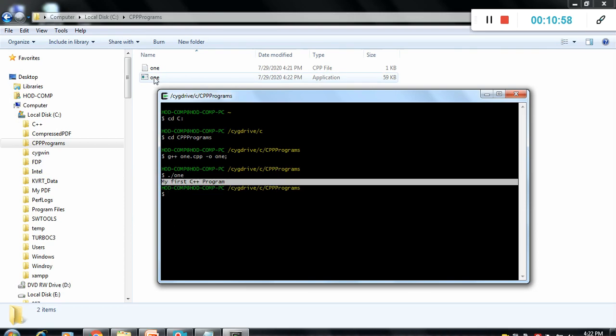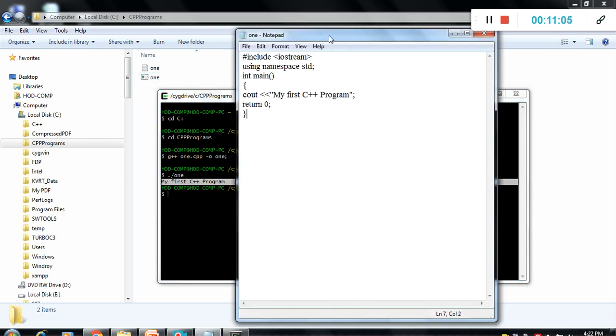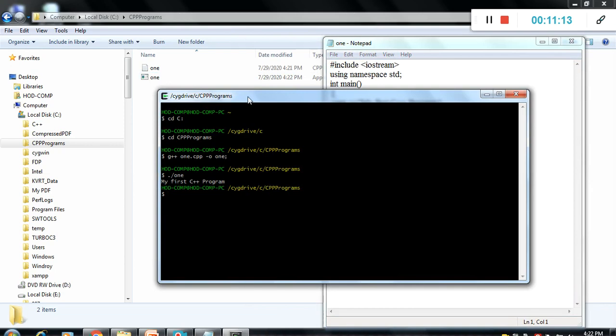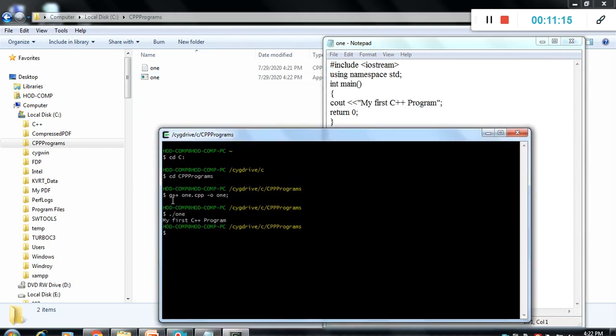Okay, that is the exact working, or how we run the C++ code with Cygwin. This is simply the code. This is the particular syntax to compile it with the output file name. And this is the command to run the code, that is ./ and the program name.